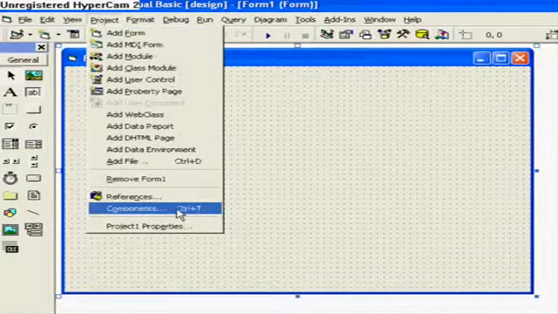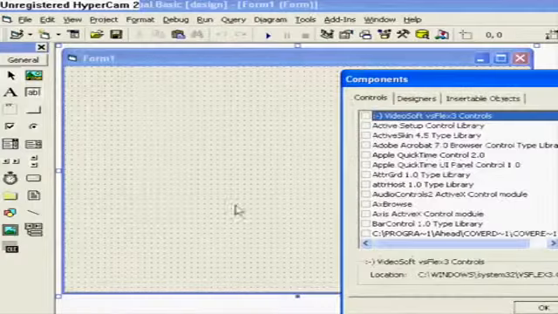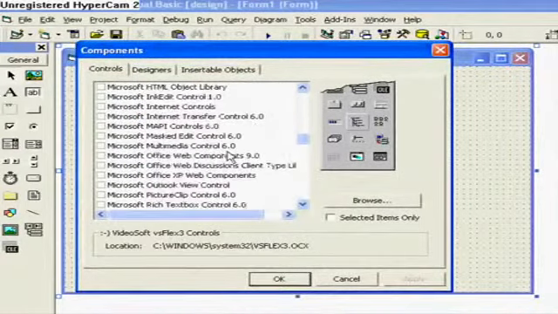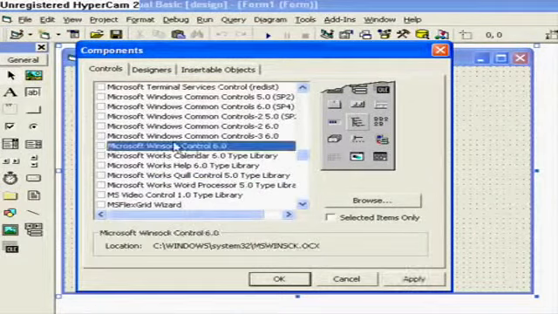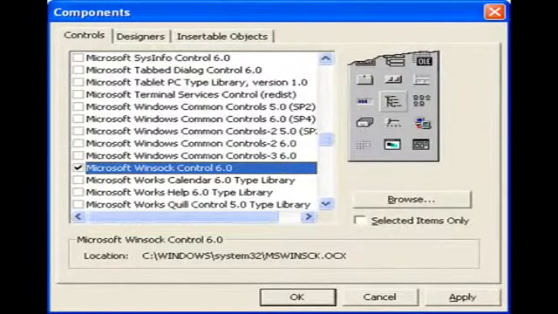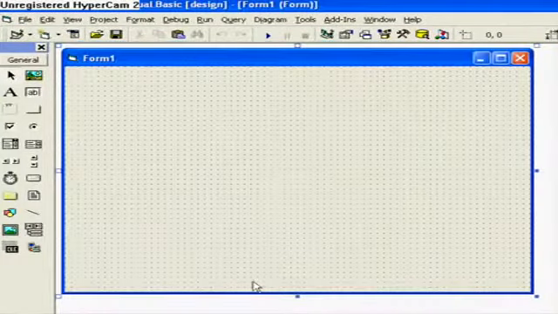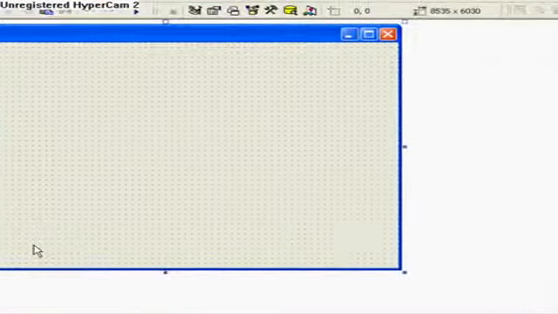So I've got pictures that are going to come up on screen, so there you go. We go into Project Components, because I know you can't really see the writing on the screen, and there's nothing I can really do about it. So then you just go into Project Components, and we scroll down until we find a Microsoft WinSock control. And a little picture will come up for you. That's Microsoft WinSock Control 6.0. And we check that box, and then we click OK. And here in the bottom left, a little icon will appear. You want to click on that,